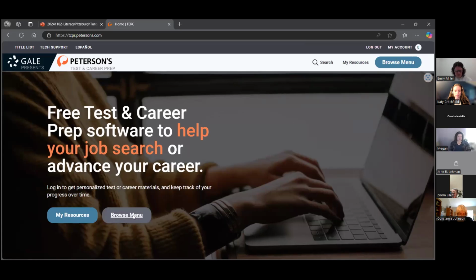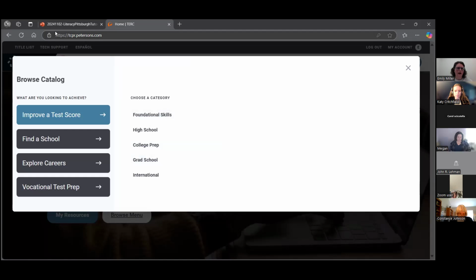And I'm going to click browse menu just to show what kinds of resources it has. It puts them into categories: improve a test score, find a school, explore careers, and vocational test prep. So improve a test score is a little bit of a vague category, but that's what I'm going to show something from, because there's foundational skills. So these are like basic classes. There's a lot of good math classes, or not classes, but resources that you can use to study in there